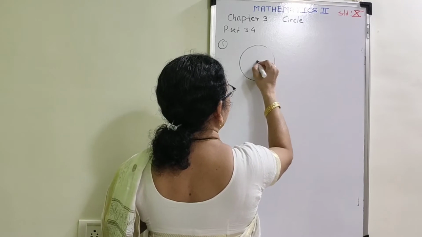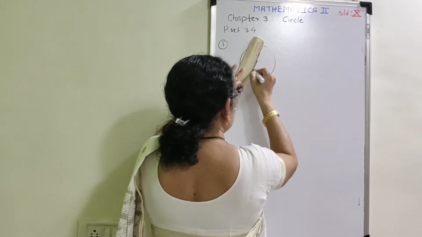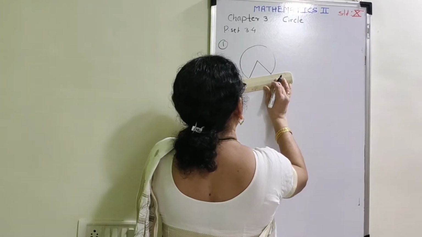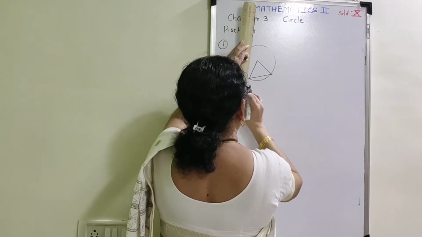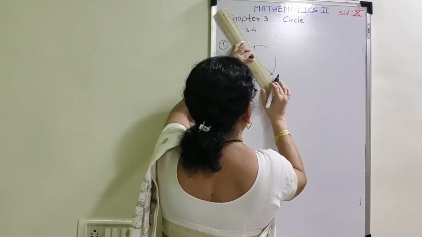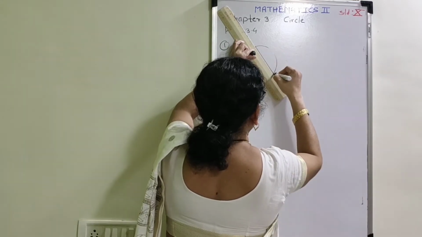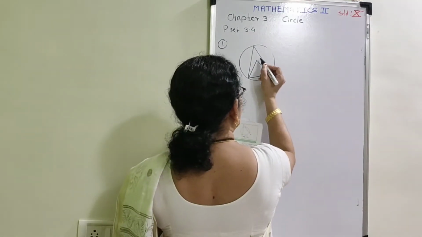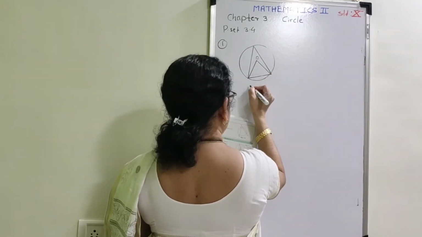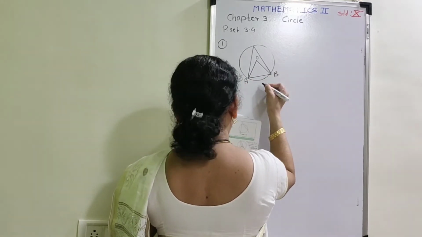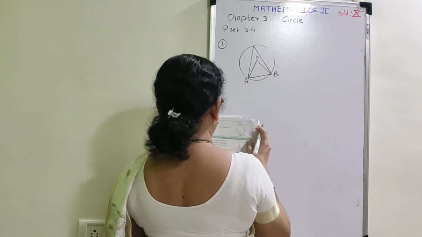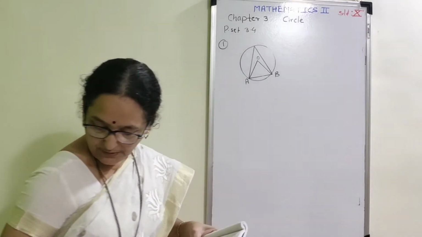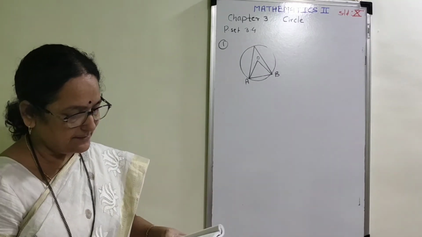Here O is the center. First of all, this is given, the triangle. Also here a chord is given. Again one angle is given. Now draw the accurate figure. O is the center. AB is the chord. The length of this chord is equal to the radius of the circle, and you are going to find some measures. Now first of all, I am going to explain the entire example.